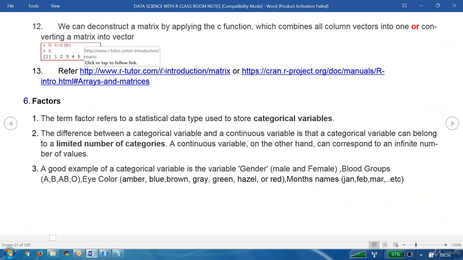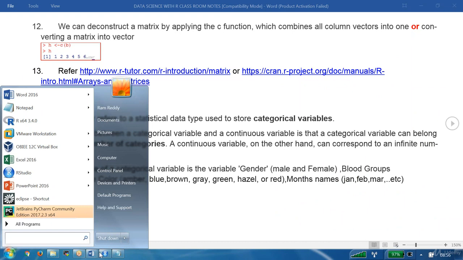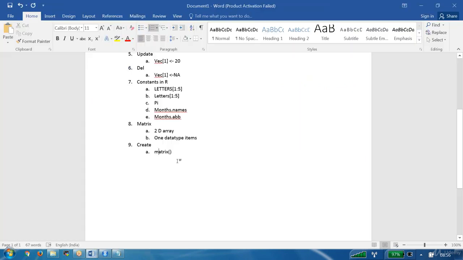Next, refer to more information from these two blocks. Let me summarize what you learned now. Yes, the matrix syntax we learned first. What are the things we have here? First is data. Is it a mandatory argument or an optional argument?